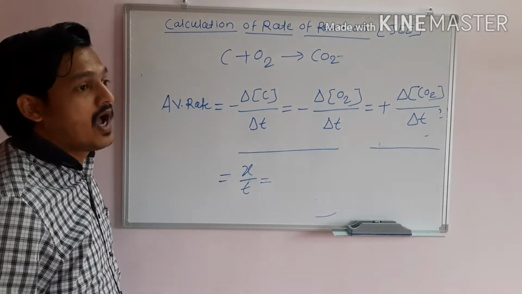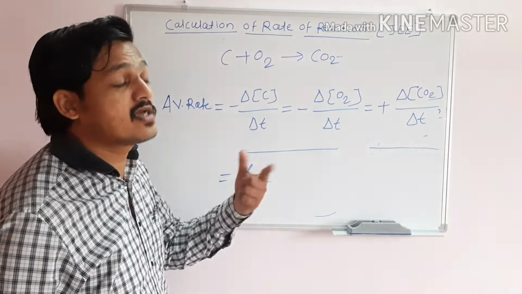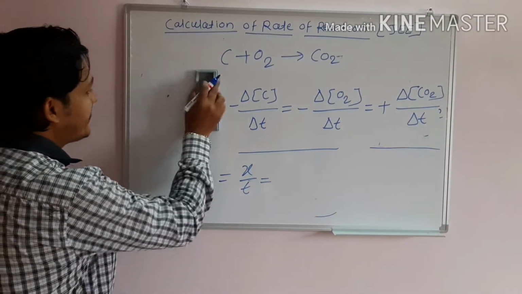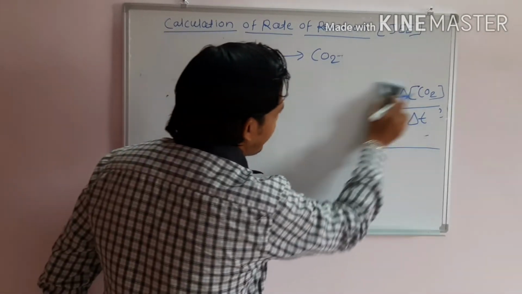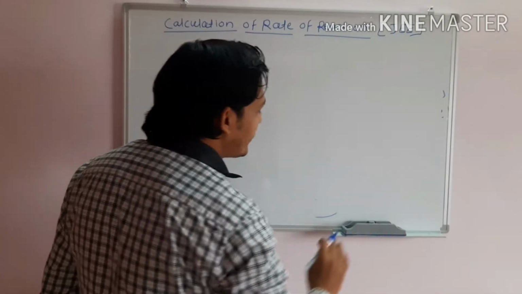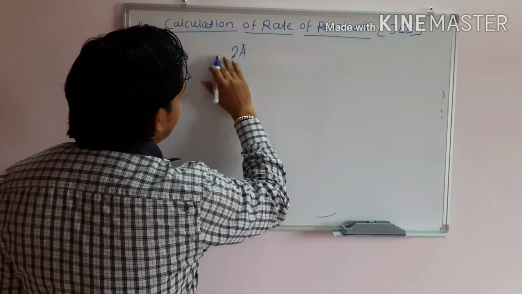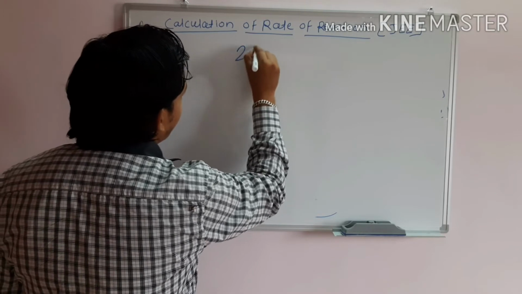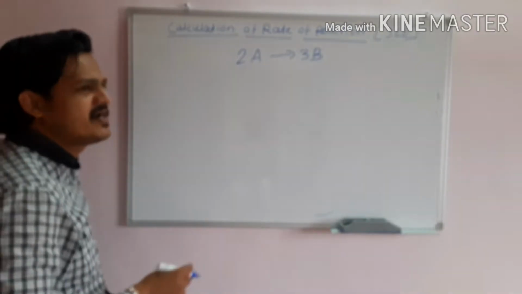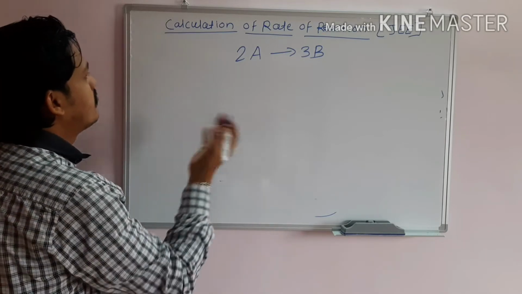Okay, now I am going to take the change in stoichiometric coefficient. Now what happens to the rate of chemical reaction? I am going to tell you. Now I am taking another reaction, another stoichiometric coefficient. This is the first time I am telling you, 1A which gives 1B. Now I am giving twice of A which gives thrice of B. It is a little bit difficult, but I am expressing it to my own ability.